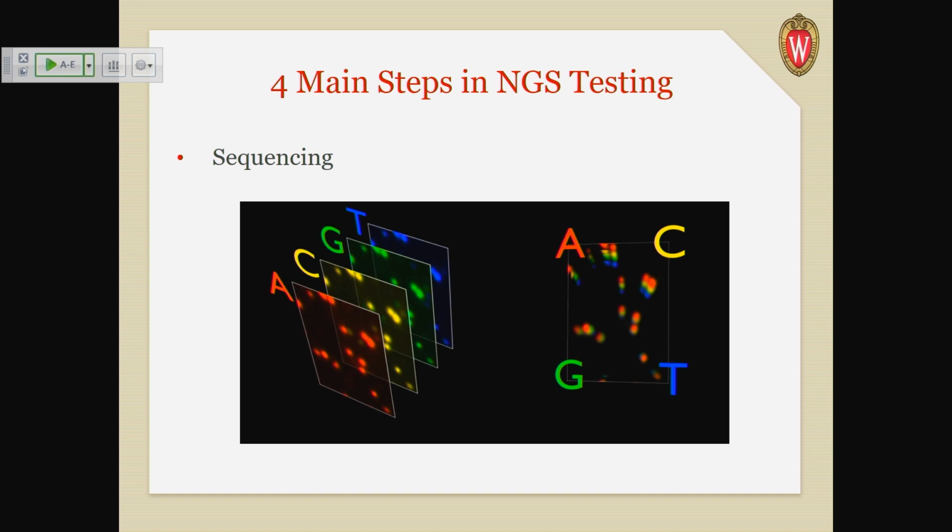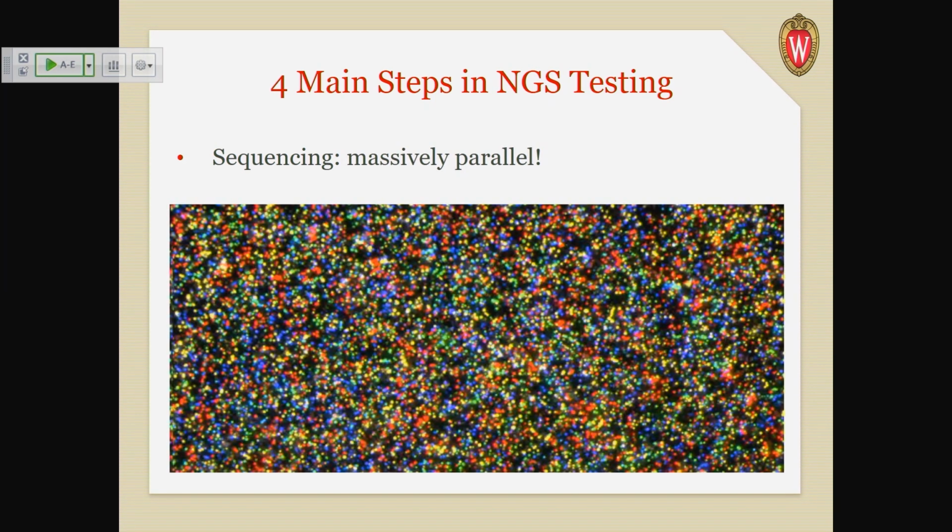If you get a G pulse of light, you know that was a G that was just added to that particular sequence. And when we say massively parallel, this is a snapshot of the flow cell. There's a complicated microscope and camera looking down at this, and each one of those different colors is one of those little reads, those 50 base pairs to 250 base pairs in length, and every time you add something and you get a color, you can say on that particular read, that was an A, or this one over here, that was a C. And there's millions of these all at once, and that's why you can do a lot of sequencing